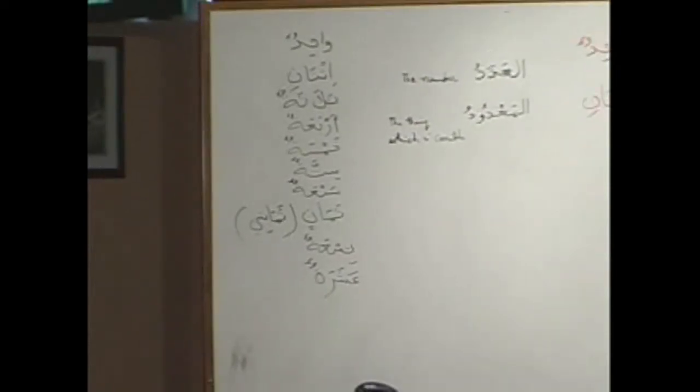On this side, I have written Wahid, Ithnani. The way they pronounce it, they won't say Wahidun. They'll say Wahid. And then Ithnani. Do you see Ithnani? What do you see in the Hamza? Is it Hamzatul Qata or Hamzatul Wasal? It is Hamzatul Wasal. We have to take note of it. In Ithnani, the Hamza is Hamzatul Wasal.